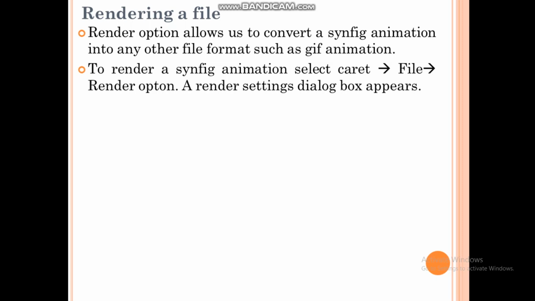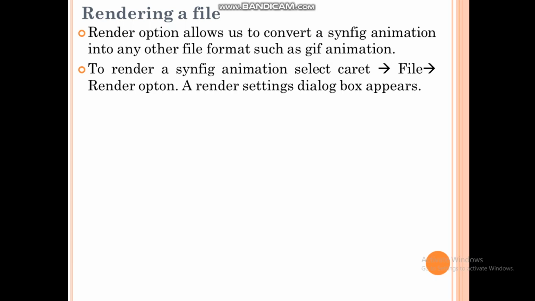To render a synfig animation, select File, Render option. So whatever animation you have created, you can convert it into a small GIF file. And when you create a GIF file, there is no need to open that file in synfig or any other software. A GIF file can automatically display animation without any software support.